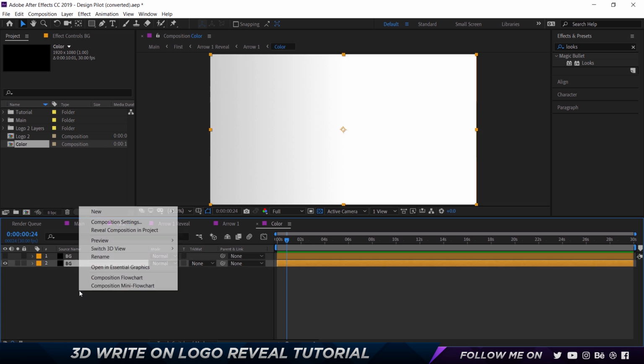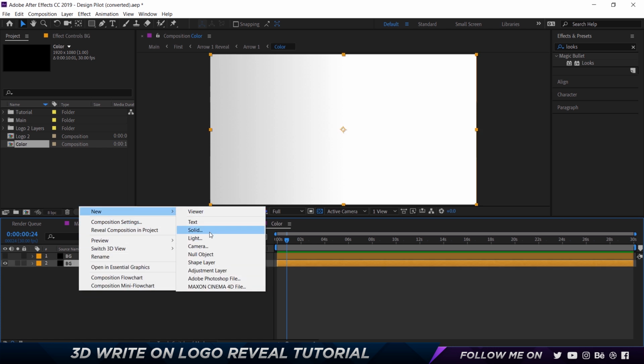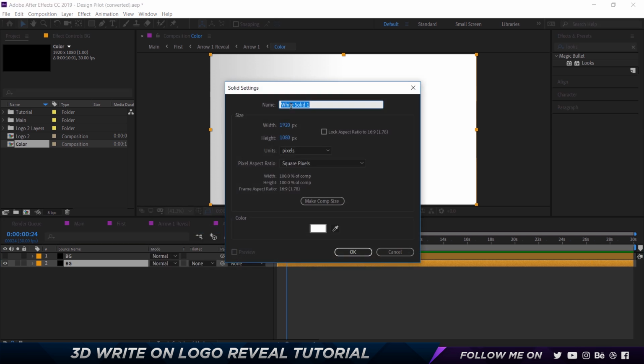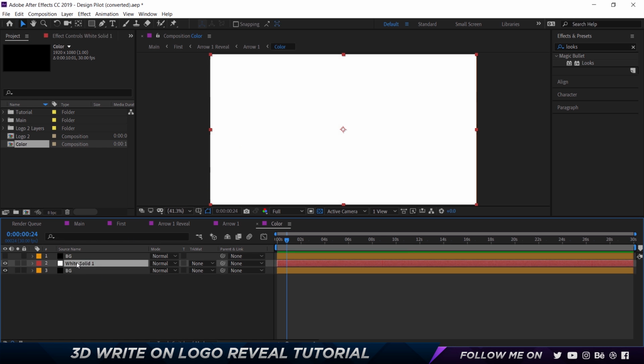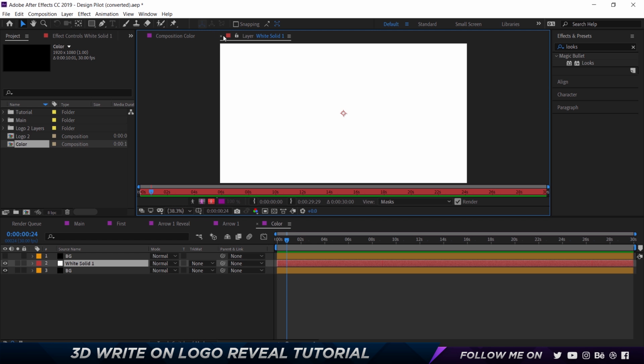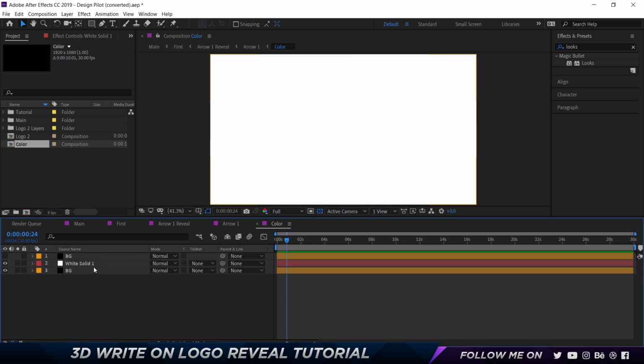To create a new layer, you can just right click and then choose a new solid, which is a new layer in After Effects. You click on new solid, and then you can choose whatever color you want. That's fine. Click on OK. So we have a white color solid, and I'm just going to go ahead and press enter on my keyboard. You need to make sure that you're in the timeline, and then press enter, and then we can call this